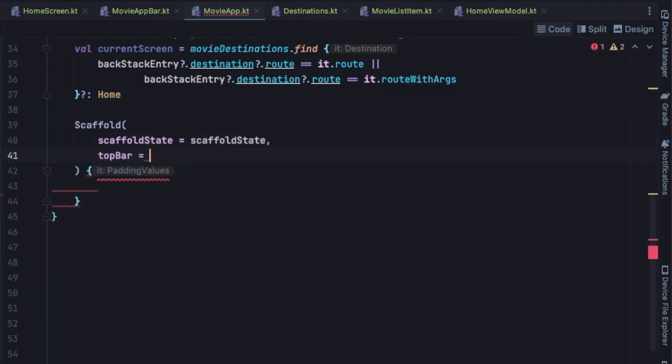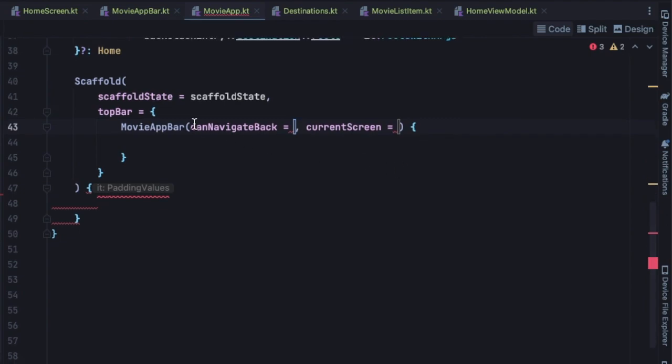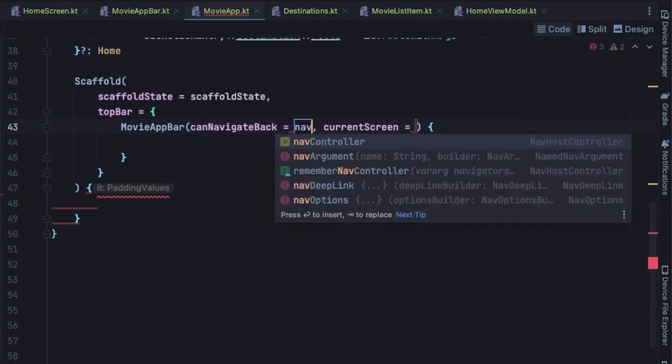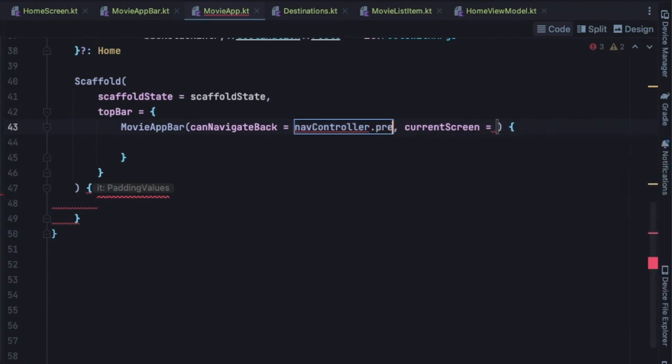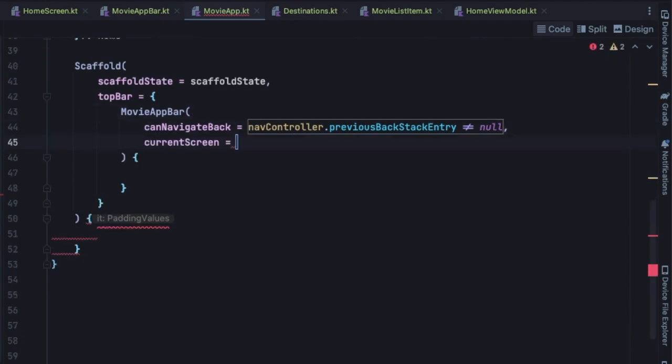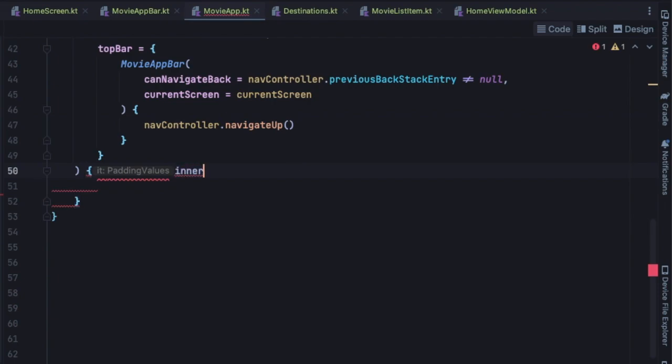For the top app bar, there we need to call our movie app bar. So to check whether we can navigate up, we'll use our nav controller dot previous backstack entry. Check if that isn't null. For the current screen, call current screen, and for the navigate back, we'll need to call nav controller dot navigate up. Get the inner paddings,